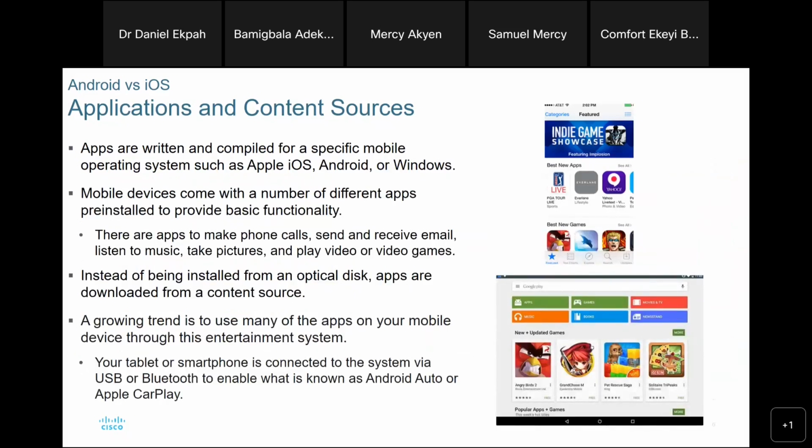Applications are written and compiled for a specific mobile operating system, such as Apple's iOS, Android or Windows. Mobile devices come with a number of different apps pre-installed that provide basic functionality. So just like we have on our different devices, as you can even see here,